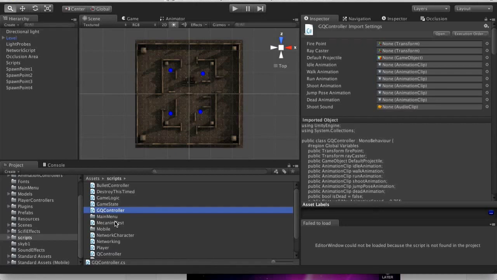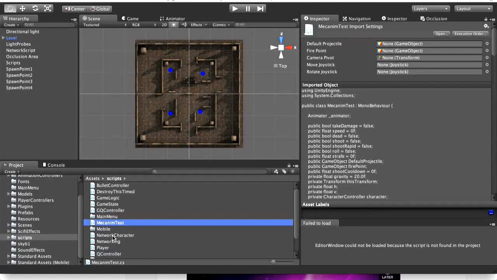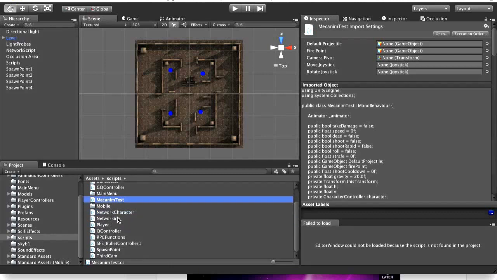Let's see. So this one's not being used. I was trying to use Mecanim, or however you say it, for the animation, but it proved to be a little difficult. Some of it was kind of cool. I got some of it to work, but it wasn't working as well as I would have liked. But I would love to revisit and use that instead of the legacy animation system. It's a little bit more powerful. Okay, so